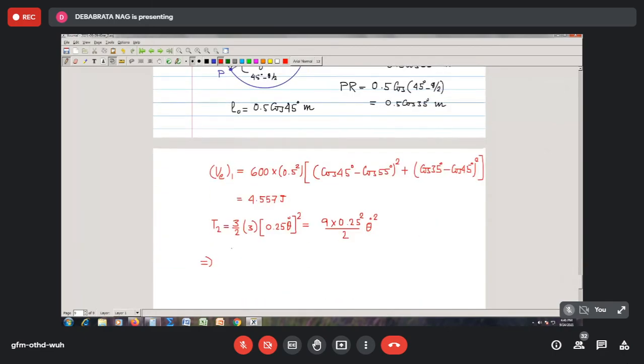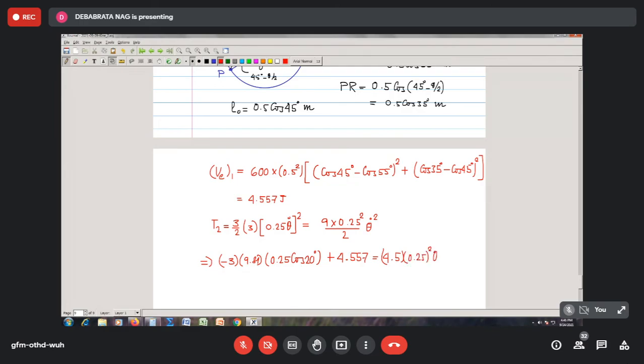So I say it is minus 3 into 9.81 into 0.25 into cos 20 degree, that is this term. Then to it we need to add this 4.557. So this is 4.557 is equal to, this term you have 4.5, I shorten it, into 0.25 square,